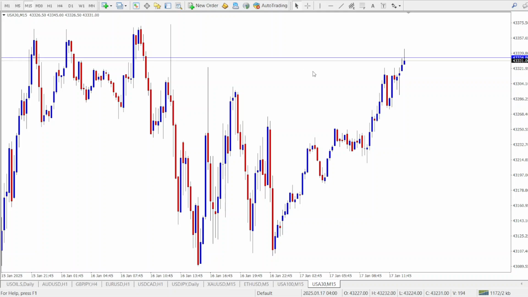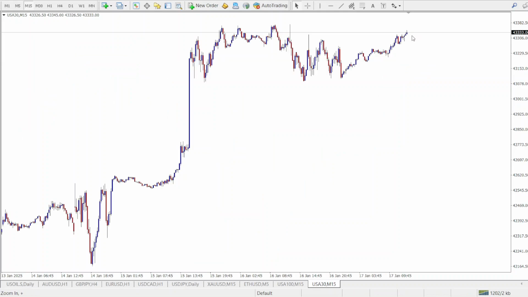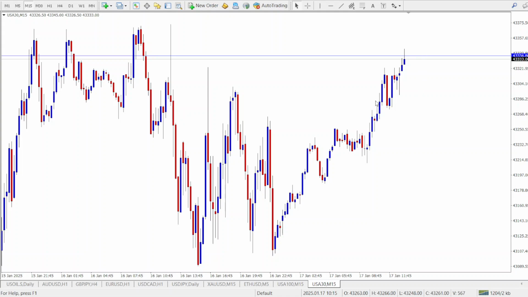Scalping is a trading technique where you take advantage of small price movements within a short time frame. The idea of scalping is to make multiple trades throughout the day, capturing quick profits by entering and exiting positions swiftly. Unlike long-term strategies that rely on holding positions for hours or days, scalping requires fast